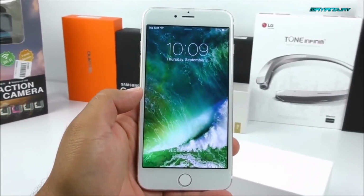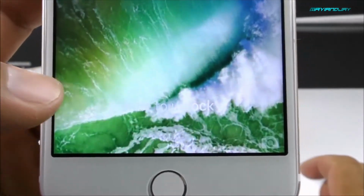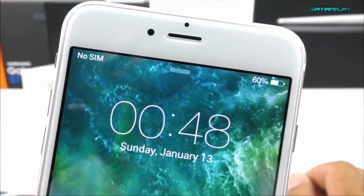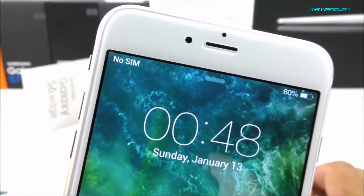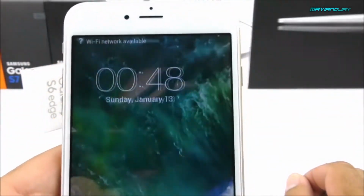We got the time, the date. We also have here the quick camera toggle. It's barely visible, and it says slide to unlock. And on the top side there, we got the battery percentage and also the SIM notification. Right now, I don't have a SIM card on here, but I plan to install it probably on the review